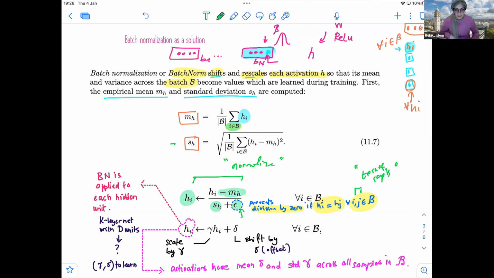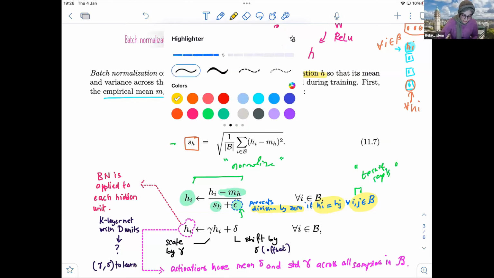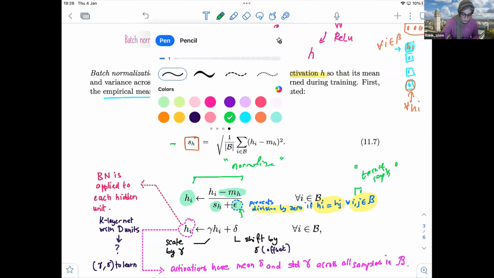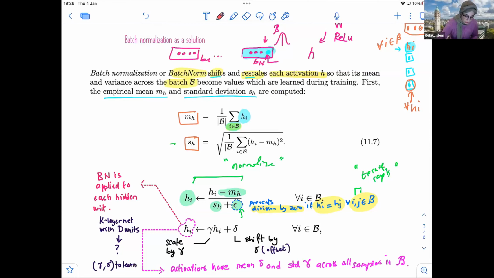So now the next step is the most important step. Now this will have a mean of 0 and a variance of 1, right? So this will normalize the data, but we want to control the variance, okay? We want to control the variance and the standard deviation of each layer.